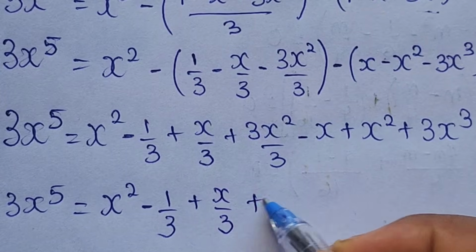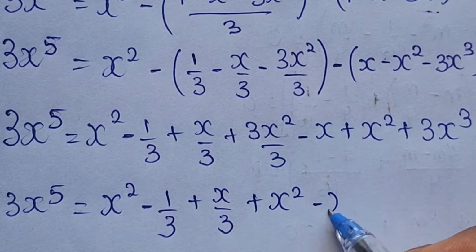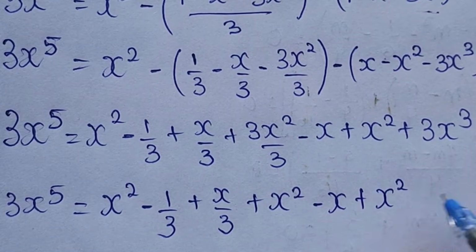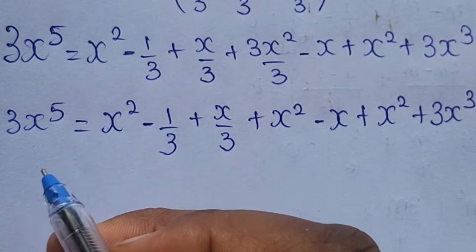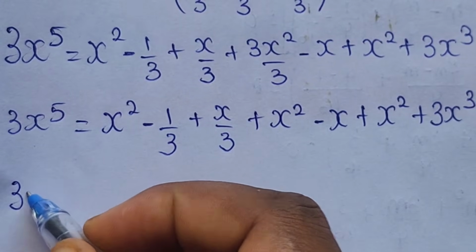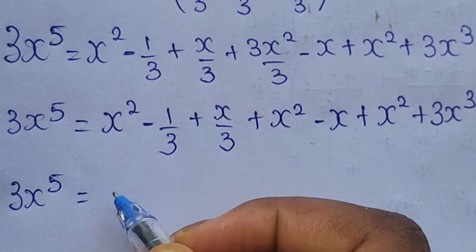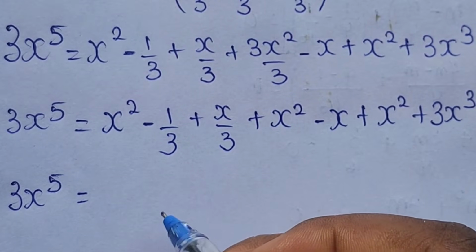This divided by this, we have plus x squared minus x plus x squared plus 3x cubed. So when we collect like terms, we have 3x to the power of 5 is equal to x squared